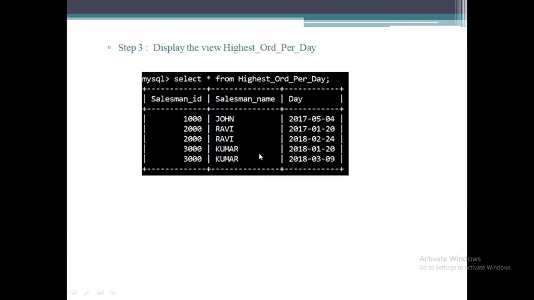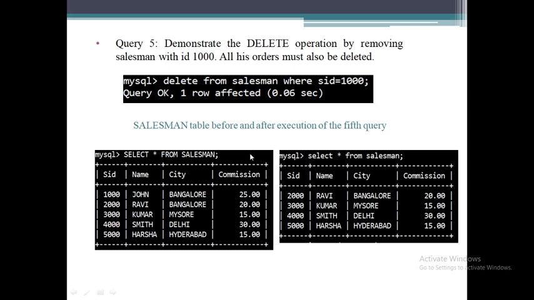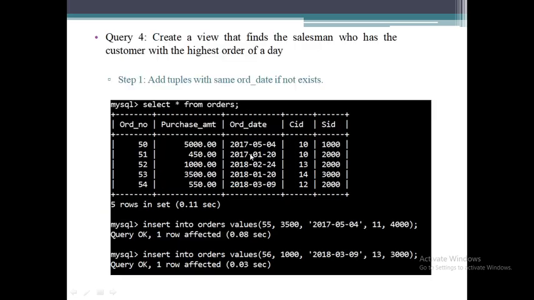So for each date we'll get who has the maximum order. His name and salesman ID will be displayed in the result. So this is the third one, and then this is the fourth one.